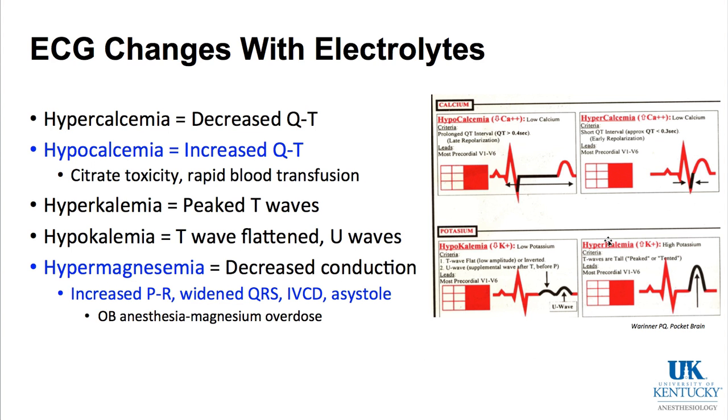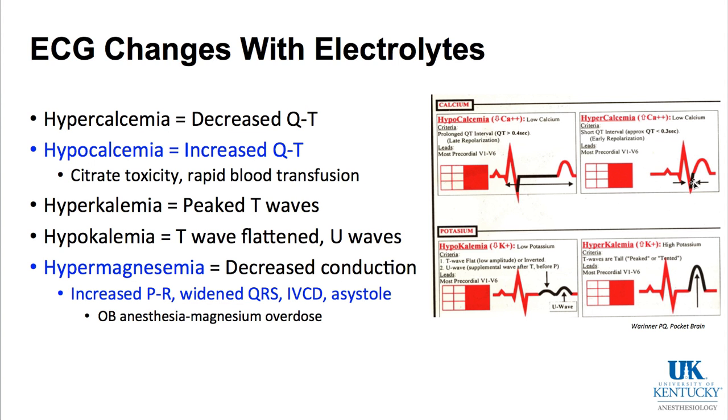The next topic is electrocardiographic changes with changes in electrolytes. Hypercalcemia is the first one. If your calcium goes up, for example, in a patient with metastatic squamous cell carcinoma, calcium is very high. The QT interval tends to be affected, at least that's what we talk about classically, and the QT interval tends to be shortened. So in the top right graphic, you see an example of hypercalcemia, and the QT interval is very short,